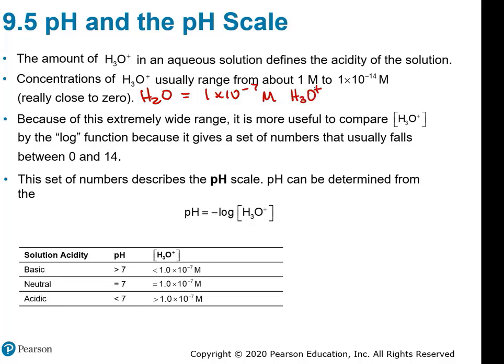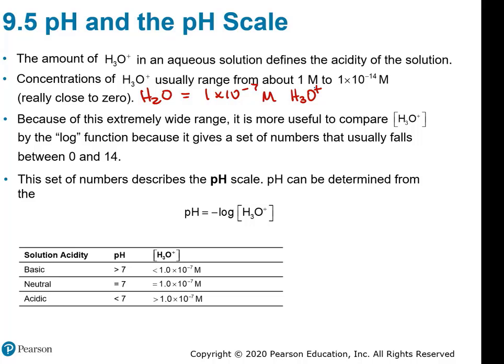So remember, molar is moles per liter. So that capital M is now a concentration. So trying to talk about concentrations of acids or bases from this 1 times 10 to the minus 7th, a really low concentration,